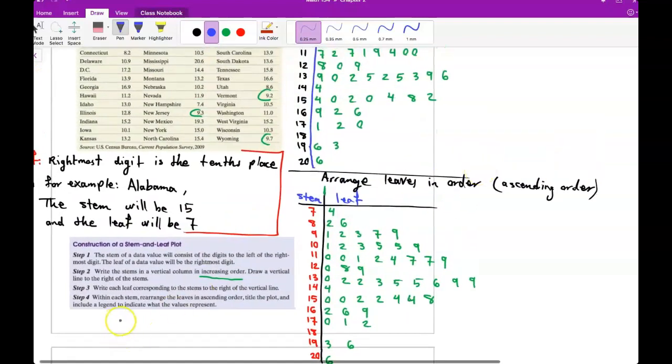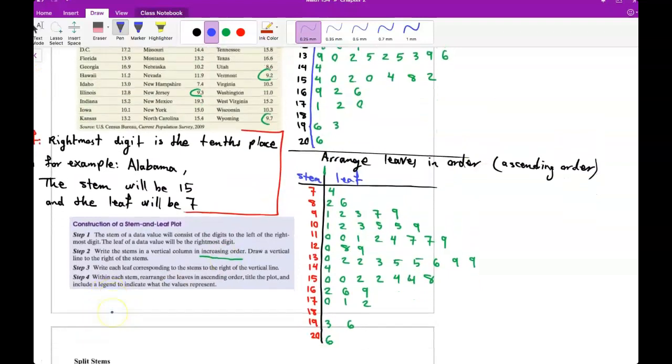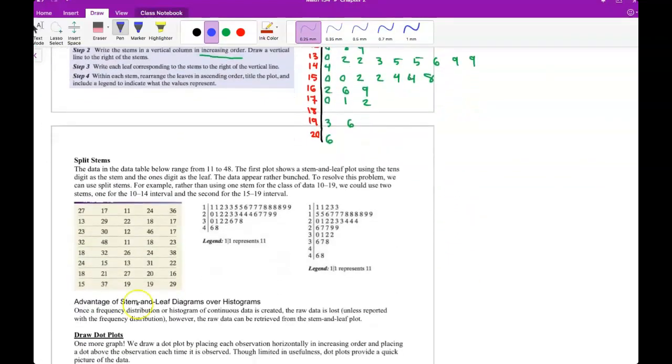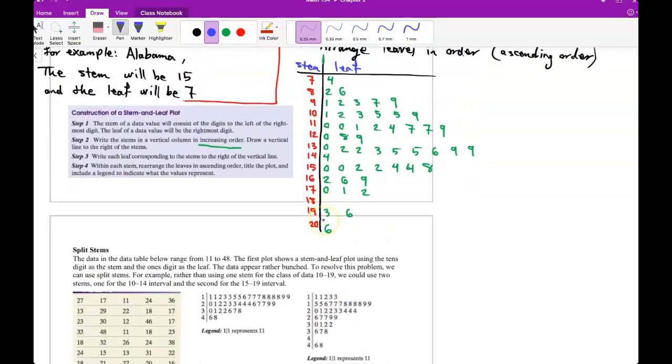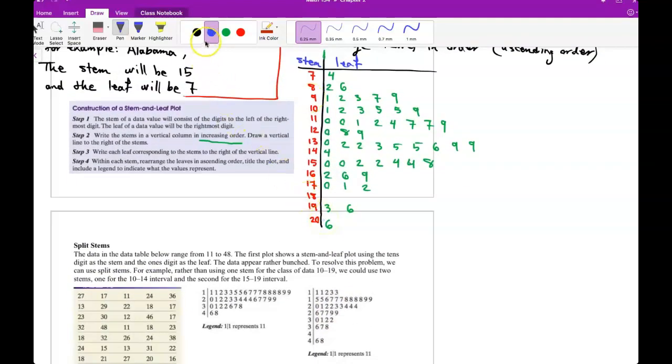And also, what to include as the legend, we're going to have that here on this board. So let's have an example. Here we have 7 | 4. So that represents